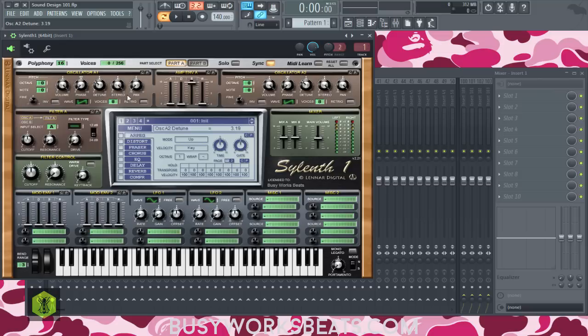So it's a very unique detuning situation. And there you have more unique detuning situations. Let's exaggerate it and pull these a little further. That's the exaggerated sound.